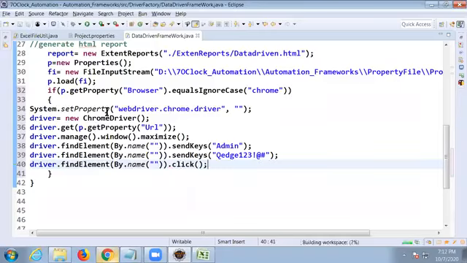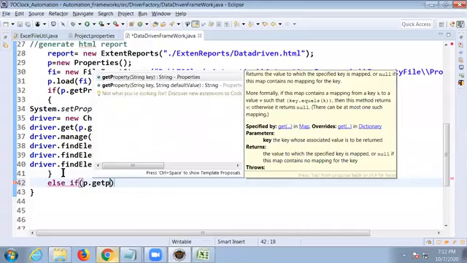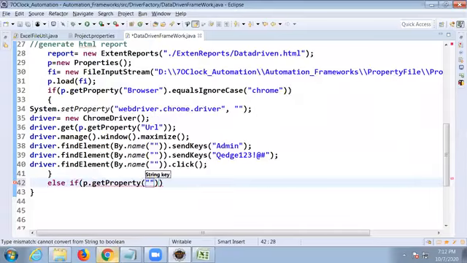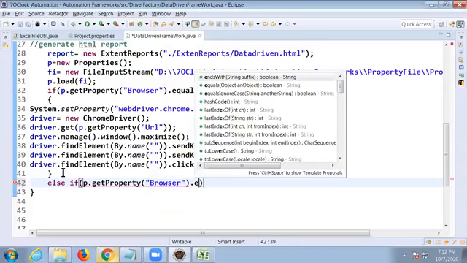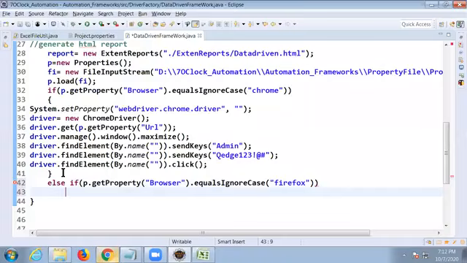Okay? When will this execute? When this condition executes, whenever this browser key matches to what? Chrome. Chances are there to match again. Else if, match it. Get that key again. P dot get property. What is that key we have? Browser. If it is matching to what? Dot equals ignore case to. All of you know what ignore case is. Ignoring the case sensitivity. Don't worry. Firefox. If it is matching to Firefox,